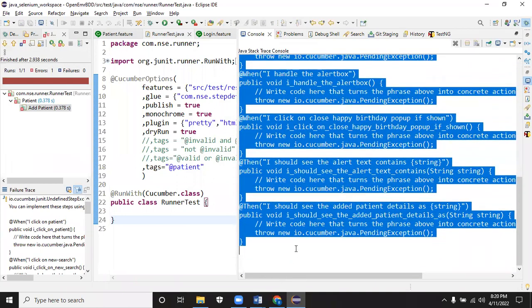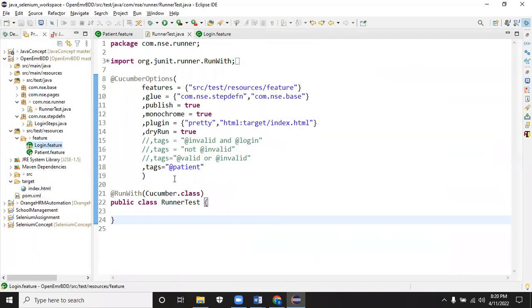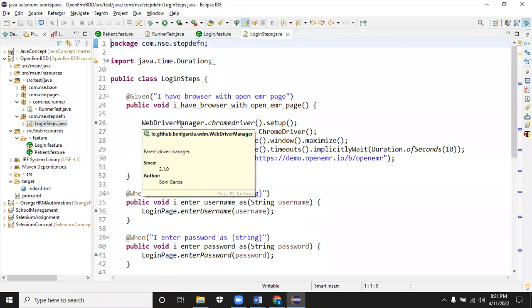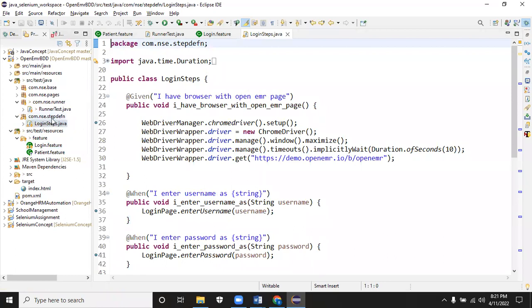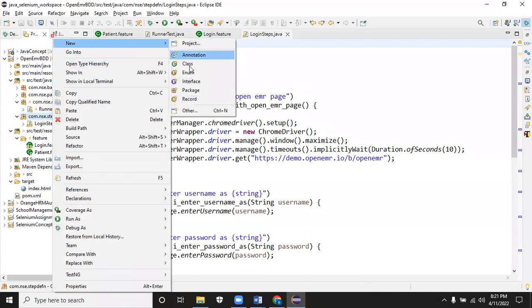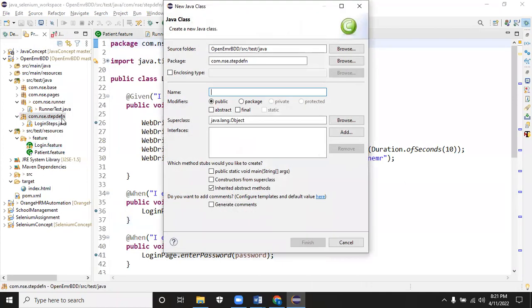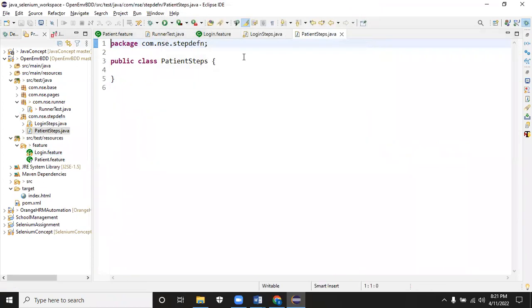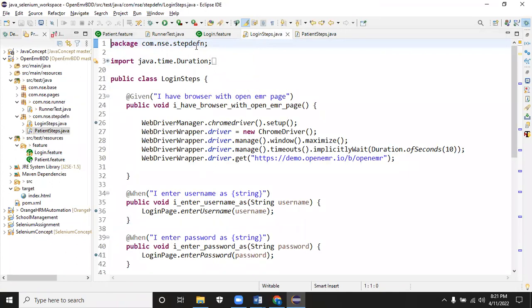Okay, now we have a few step definitions already. Which class is it taking from? It's already taking from the login step class. Is that clear for you? Yes. Now the remaining step definitions are related to patient. Whatever is there, you can leave it. The remaining things you should create under the new com.nsc step definition package. I'll create it as patient steps. Now over here,